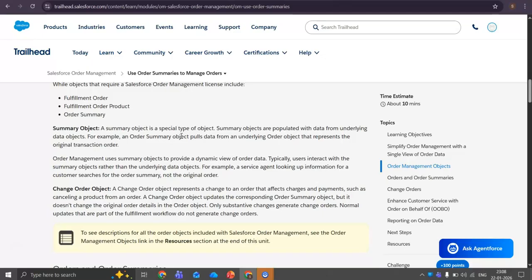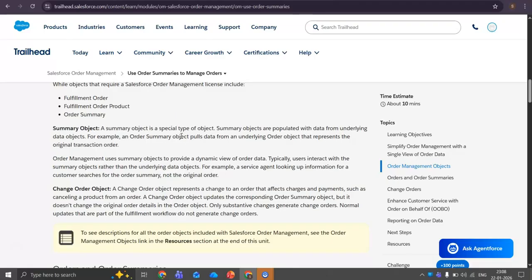Suppose the order is created, and along with this order, an order summary is also created. I have ordered two products, and for these two products, the order summary is created. Now I want to cancel one item.